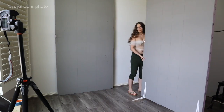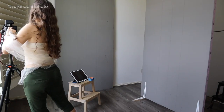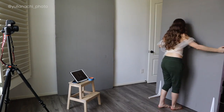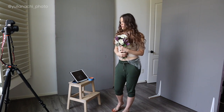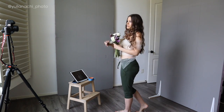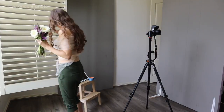And then third set, I just did the simple front set. So I had my background, just like you see, this is from the third set. I had my background directly behind me and in front of the window, and camera would face me straight, so your subject will be nice, equally lit. I've shot without blinds and with blinds because...